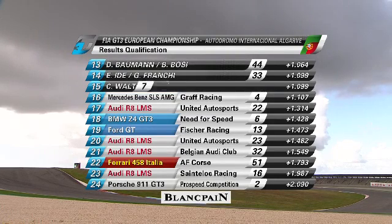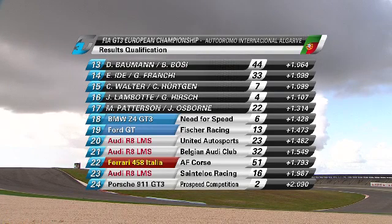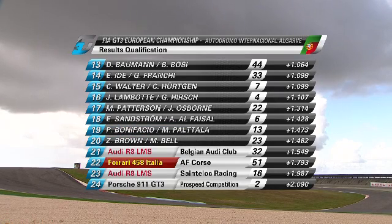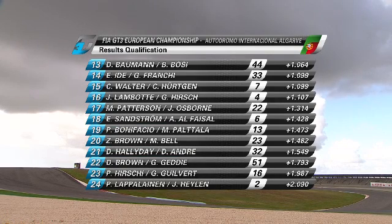The United Autosports Audis not qualifying as well as I thought they might, so maybe the Dunlop tyre not working quite as well as they might have expected in these conditions. Matt Bell there down in 20th, which is quite a long way down. Didier Andre, he's good to see him in GT3 this year. He's there